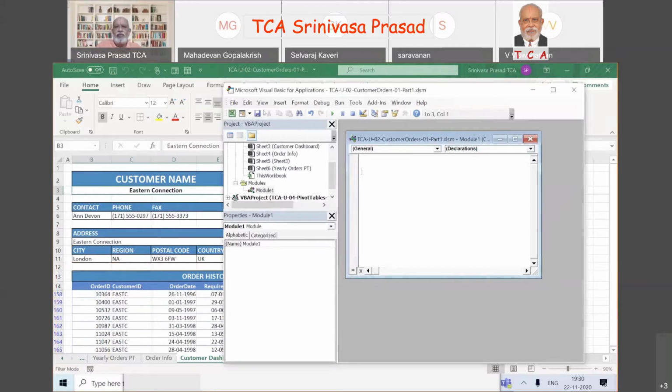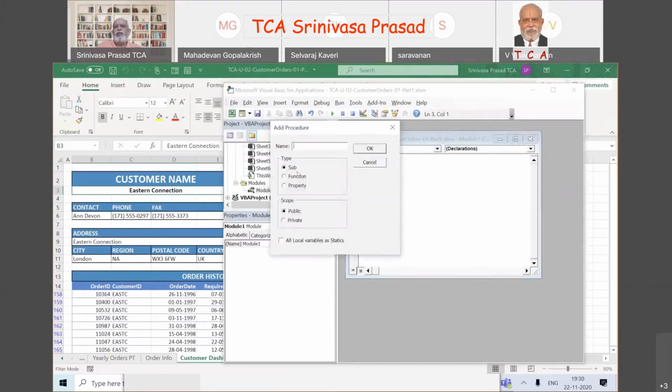So we go here, insert, procedure, and we want to give a sub procedure and the scope will be public. That means it is available to other workbooks also, not only for this workbook. It is not private, it is public.